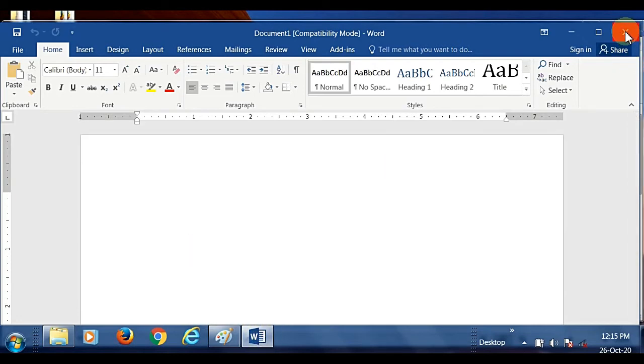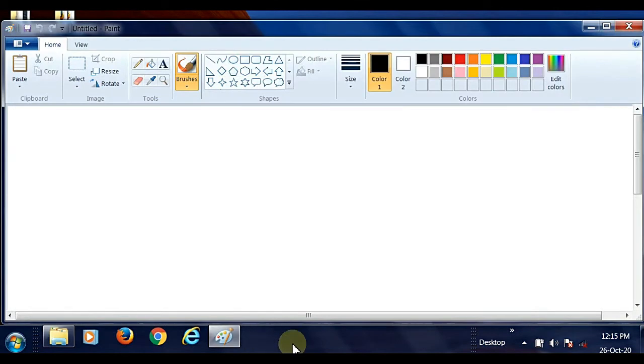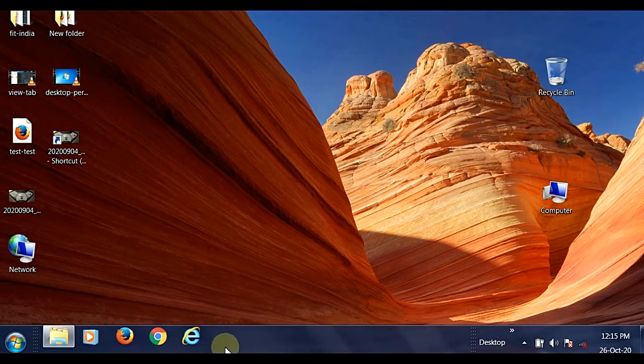Okay, so when I close it here, see, gone. Now if I do not want to work on this Paint, or I finished working on it and I am going to close it, so now I am going to close this one. When I close this, soon after, the icon also vanishes from this taskbar. So is that clear what is taskbar and why we call it a taskbar? Because all the running programs are shown in the taskbar.